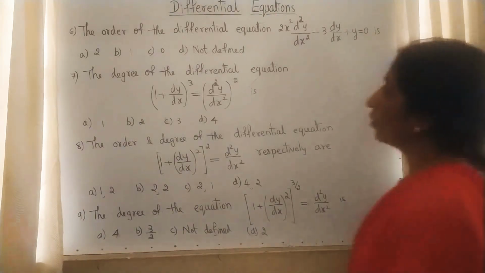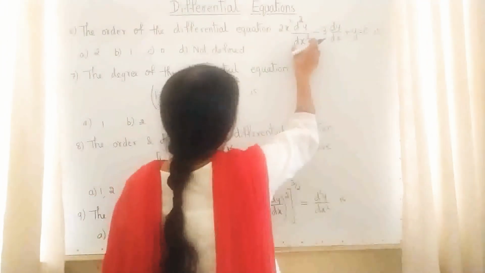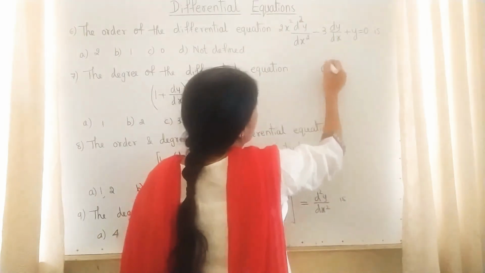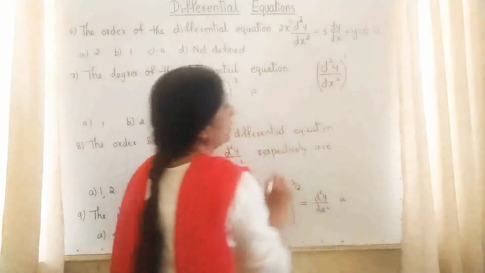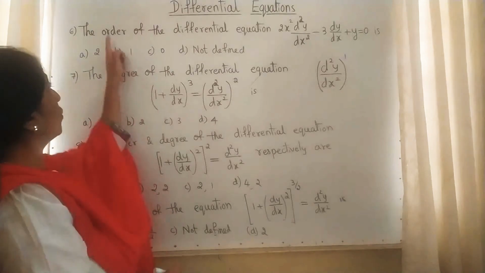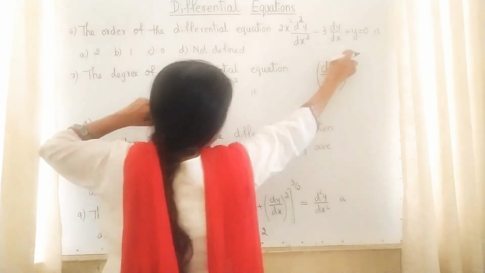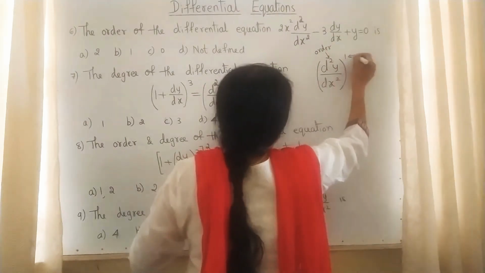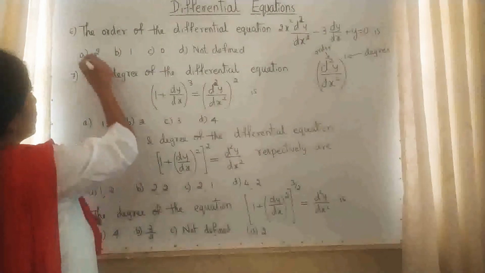See the next question, the order of the differential equation. By seeing it you can tell that the maximum times differentiated is twice, that is d square y upon dx square. For that there is no power, so can we write it like this? There is no power, which means it is raised to 1, correct or not? The maximum times differentiated is twice, and above that the power is 1. So the order is 2, second time differentiated, and its degree is 1. To explain that I wrote both. This is the order, differentiated 2 times, and this is the degree. Even though degree is not asked, I have just explained. The order of the differential equation is 2.